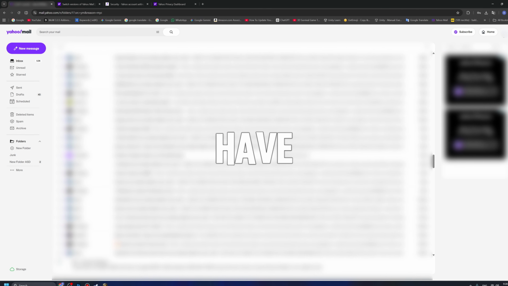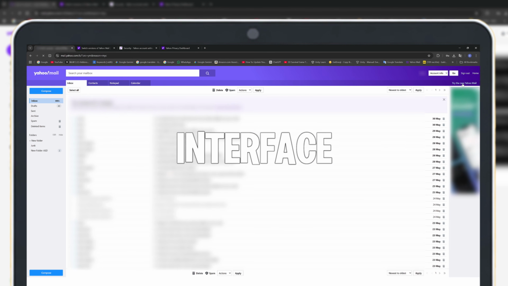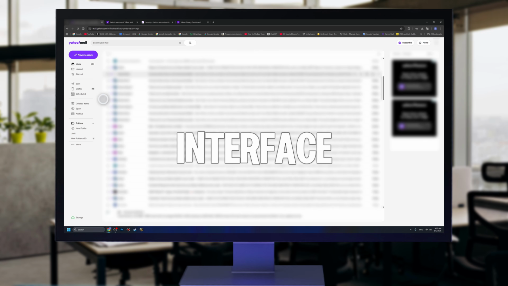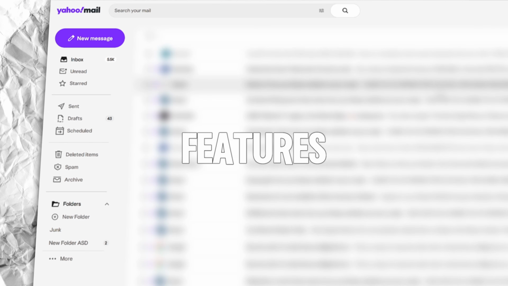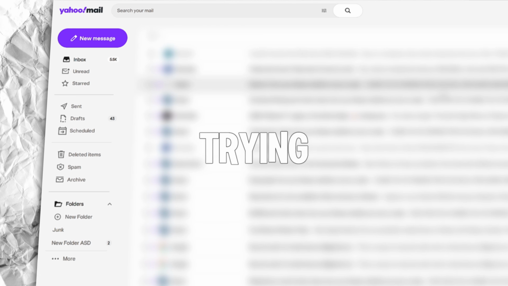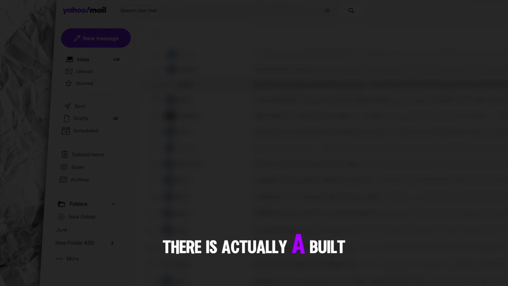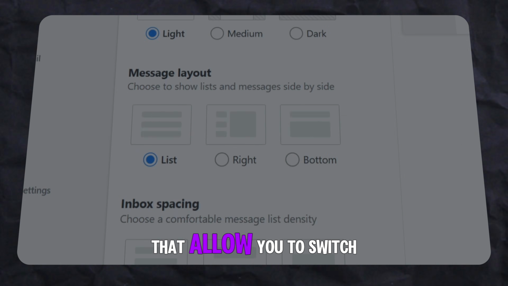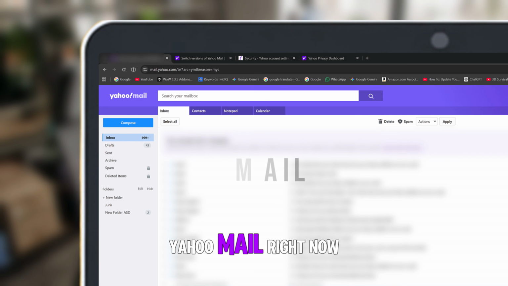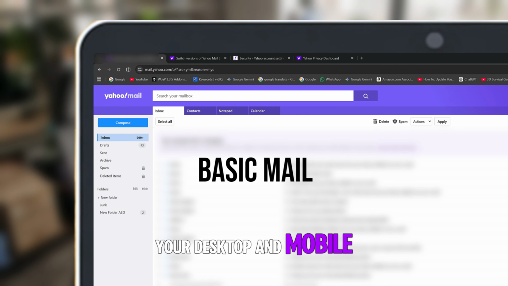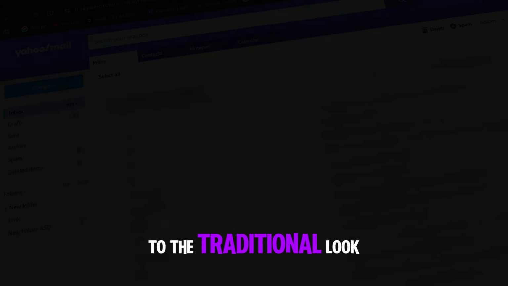Why did Yahoo have to ruin a perfectly good interface? If the latest Yahoo Mail interface is driving you crazy with lag, weird formatting, or missing features to which you were used to, stop trying to understand it. There is actually a built-in setting right now that allows you to switch back to Yahoo Mail Classic View, the old version of Yahoo Mail, from your desktop and mobile, which reverts your inbox back to the traditional look